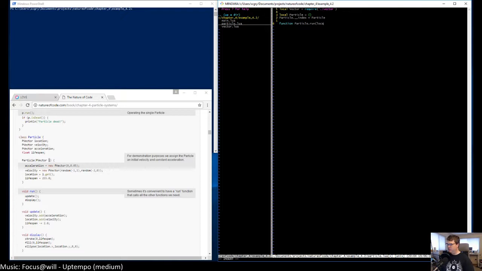What we can just do is just say location, and this will be... okay, so that should give us a good basis for particles.